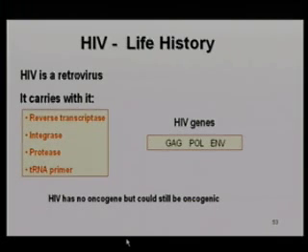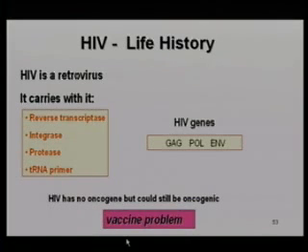So even though it doesn't have an oncogene, it still poses a problem as far as attenuated vaccines are concerned. Because we've seen that putting that LTR in the wrong place can cause tumorigenesis. So if you want to have an attenuated vaccine, and work has been done on attenuated vaccines, then you've got to take care of this problem that a retroviral attenuated virus still has the potential to cause cancer.